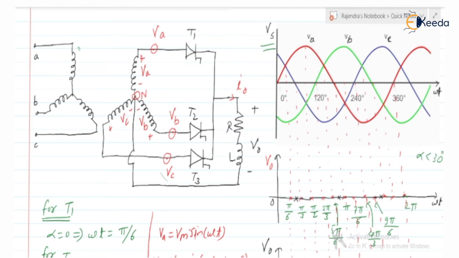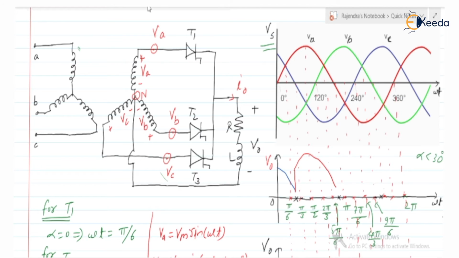If you check, before thyristor T1, thyristor T3 will be in the on state. When T3 is on, the output voltage will be the same as Vc, so that is what appears across the load. After this, as soon as thyristor T1 turns on, the output voltage will suddenly increase from Vc to the Va value. It continues till we apply the gate pulse to thyristor T2, that is, till thyristor T2 turns on.